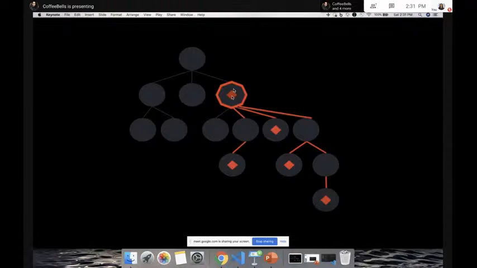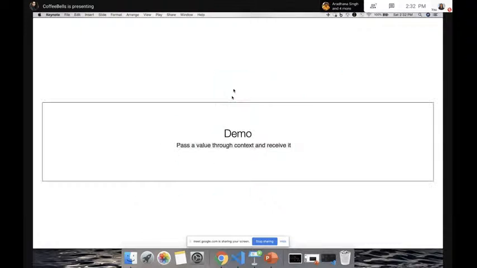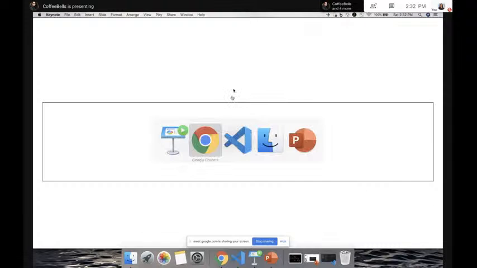Now this was how React was built. React wants you to pass down props, but then we needed a better solution to this, which brings in the concept of context. Now, if we create a context in app, child 1 on the extreme right and child 2 on the extreme left can also access it, right? So how do we do this? I'll directly jump to the demo and then we can grab this up.